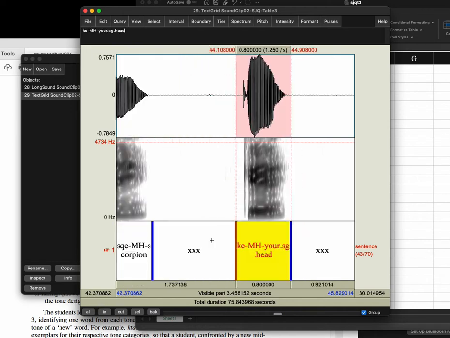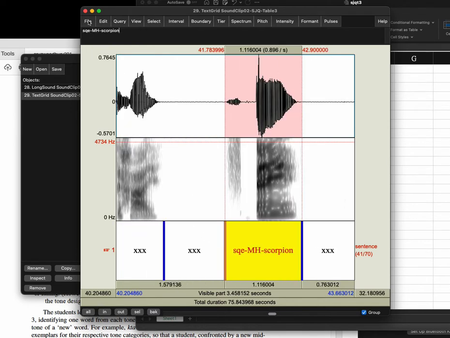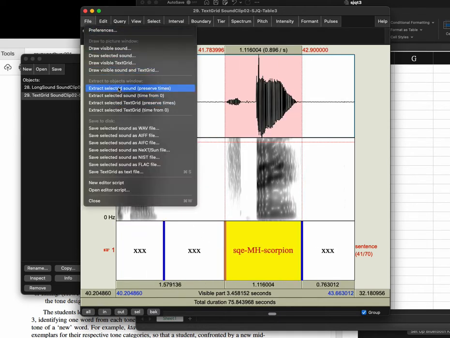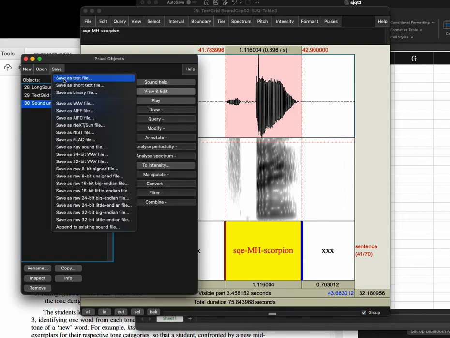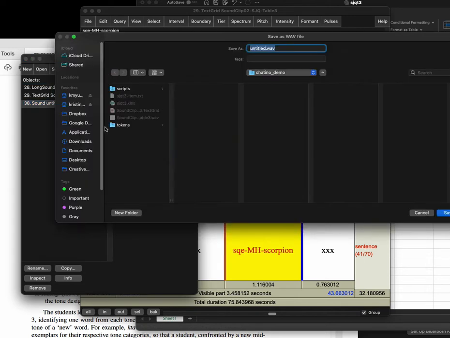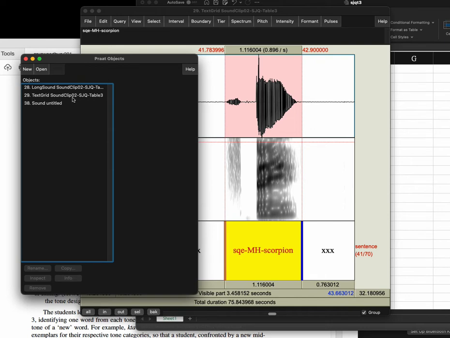But anyway, how are we going to do this instead of manually saying extract this, let's say we get time from 0, then we have to save, and then we have to rename it again, right? We don't want to do that 25 times or something. So we're going to use the script,